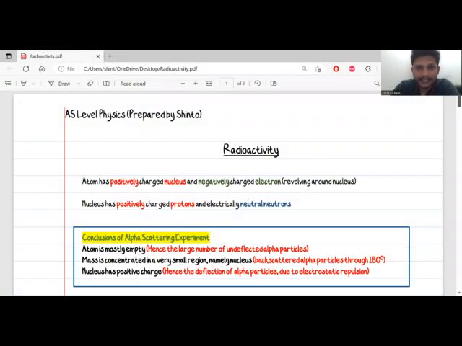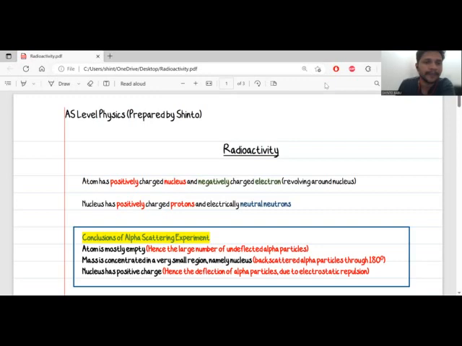Today we will be discussing the topic radioactivity from AS level physics. The phenomenon of radioactivity was widely used in studying the structure of the atom in the beginning of the 20th century. And the chapter starts with the famous experiment carried out by Rutherford, the alpha scattering experiment. From your exam point of view, you need to understand the result of the experiment, said experiment, and how we